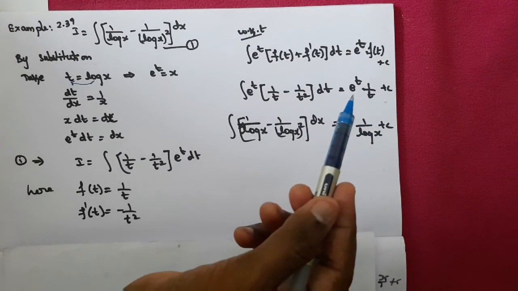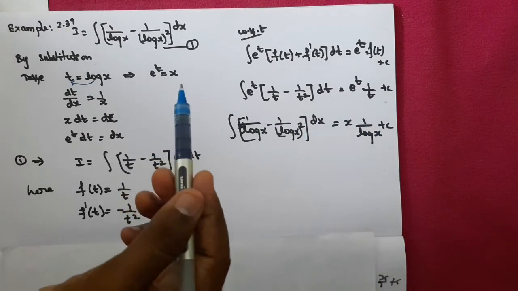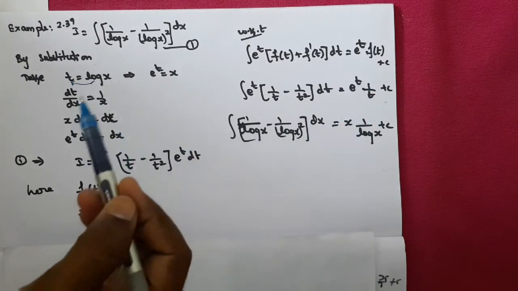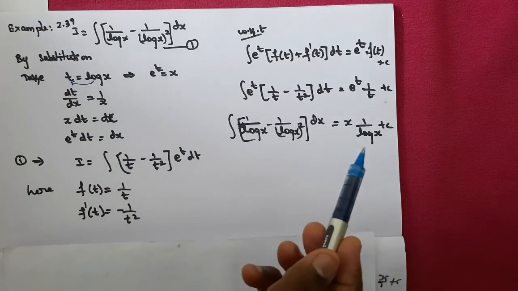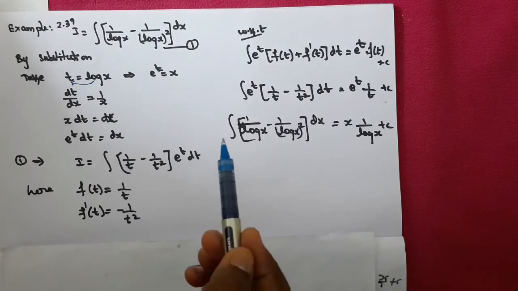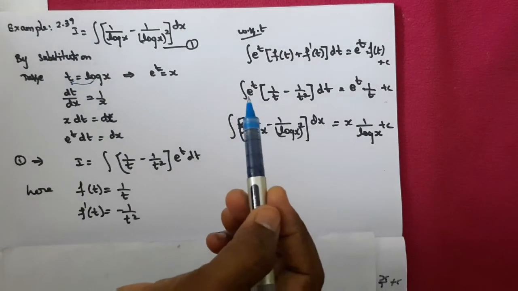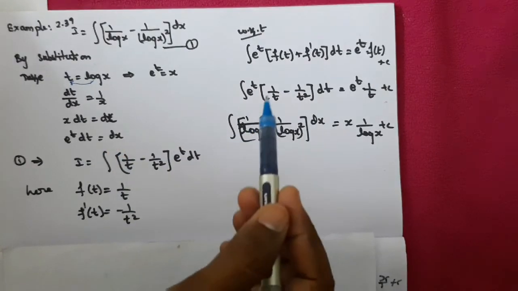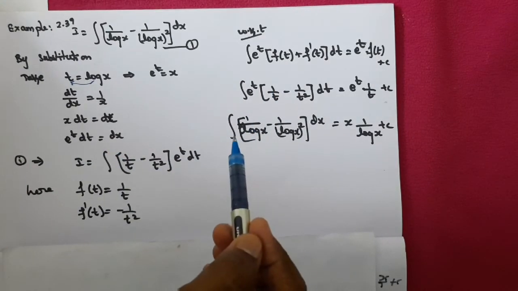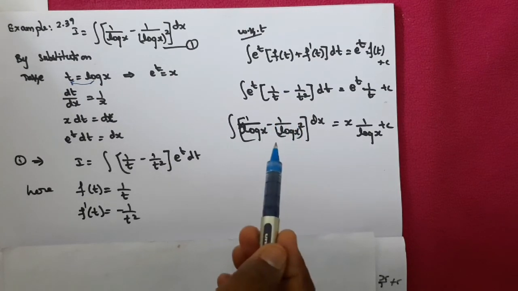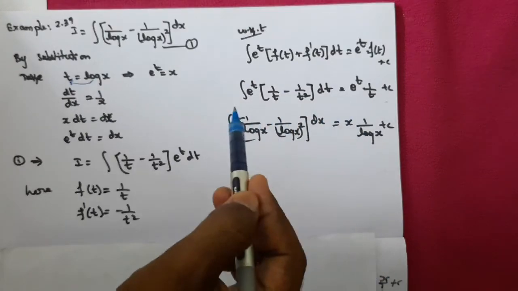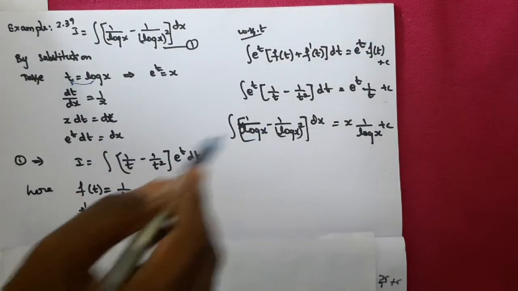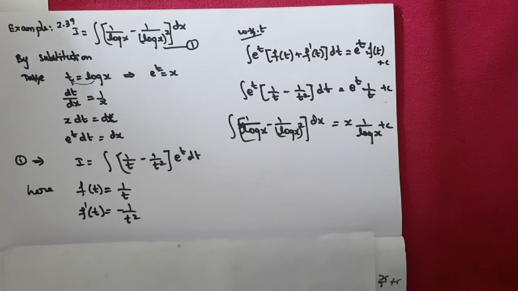So what is e power t actually? e power t is nothing but x. So put x in its place. So 1 by t. What is t actually? Log x. So 1 by log x. Like that, in the left side also you have to convert. So here e power t into dt together you can change as dx. Then 1 by t means 1 by log x, so 1 by log x minus 1 by (log x) the whole square. After bringing to this step, you have to convert the answer to the x form. That is the most important step of this particular sum.